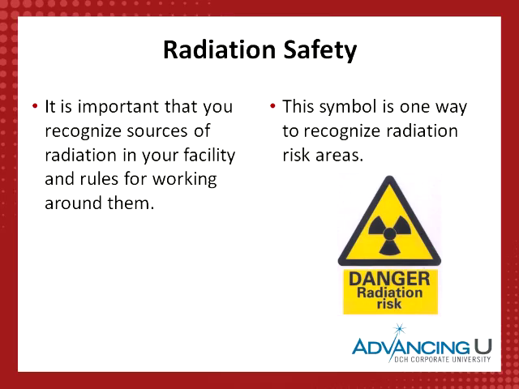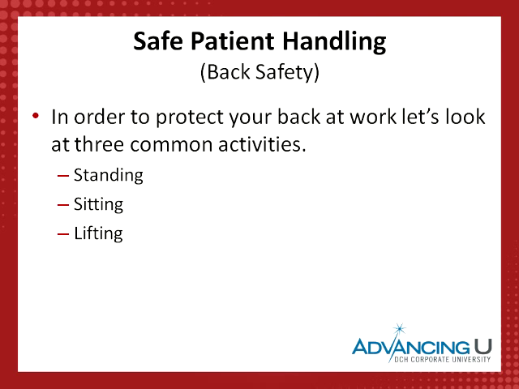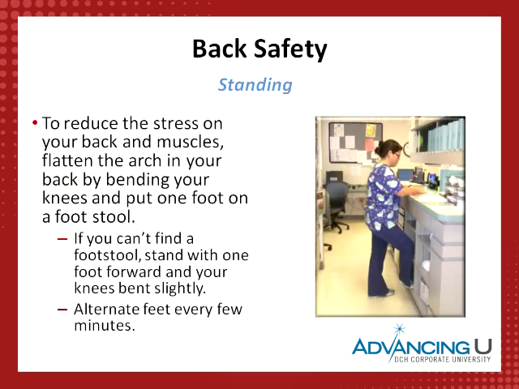It is important for you to recognize sources of radiation in your facility and rules for working around them. This symbol is one way to recognize radiation risk areas. There are two sources of radiation: X-ray machines and radionuclides. In order to protect your back at work, let's look at 3 common activities: standing, sitting, and lifting. Standing. To reduce the stress on your back and muscles, flatten the arch in your back by bending your knees